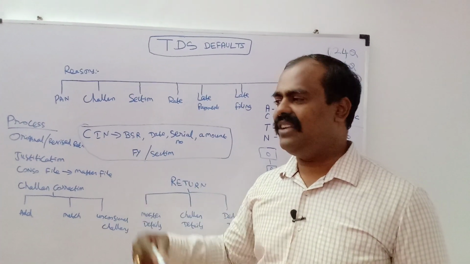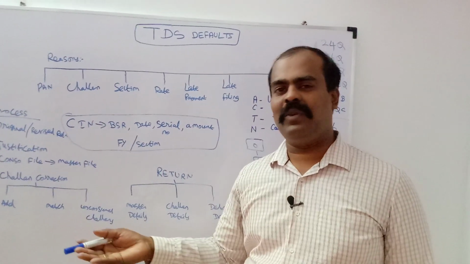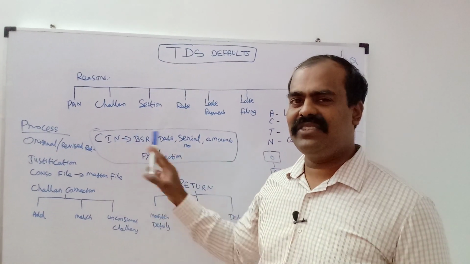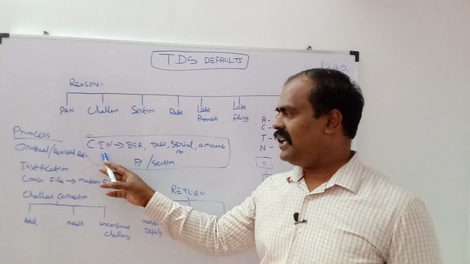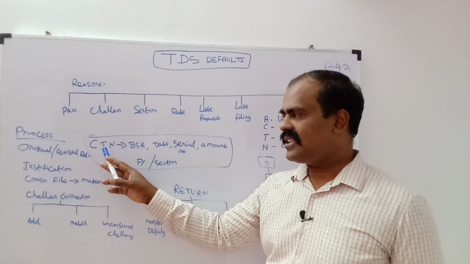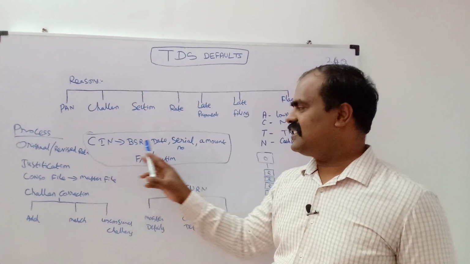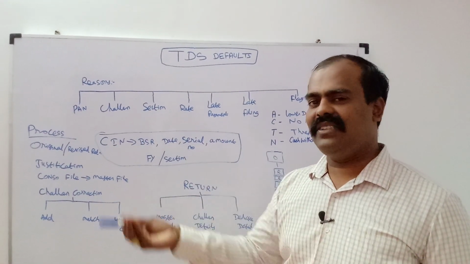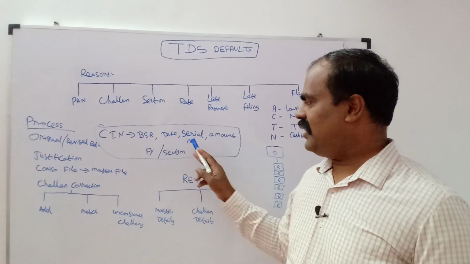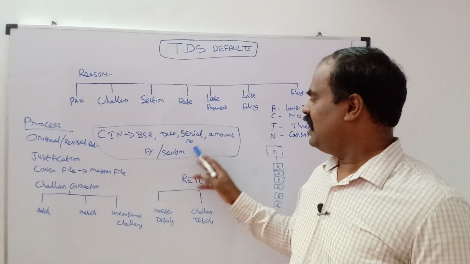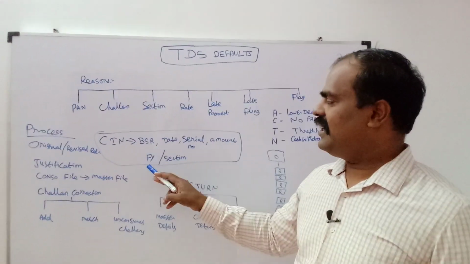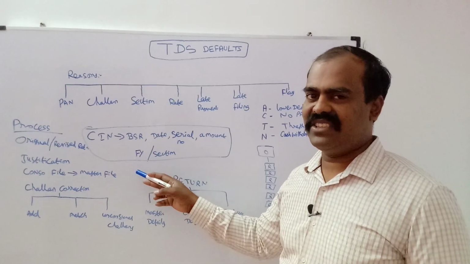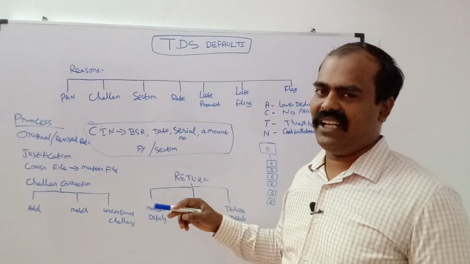Challan identification number: whenever you are paying TDS, for example, 1000 rupees that I deduct and pay to the government, I approach the banker and they give me a Challan. The Challan has a CIN number. CIN means Challan identification number. It contains three important mandatory fields: the BSR code of the bank branch, the date of payment, and the 5-digit serial number. Then the amount you are paying, and then you have to fill the financial year as well as the section. If there is a mistake, you can correct it in the online portal,